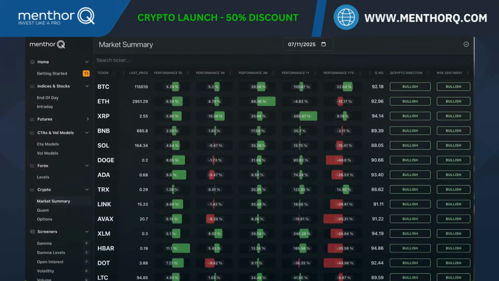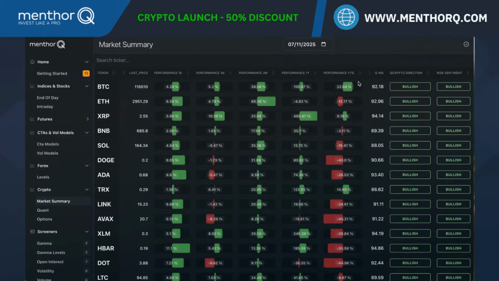When we look at crypto, derivatives is obviously key, but at the same time, crypto is really impacted by the macro environment, by the correlation with other assets. So we built models that can help you understand whether we are in a bullish market, whether we are in a risk-on market, and whether we can use price action to our advantage. What you see here is our market summary section where we have all the crypto that we covered, that we showed you in the previous slides. We have their performance daily, monthly, 3 months, 1 year.